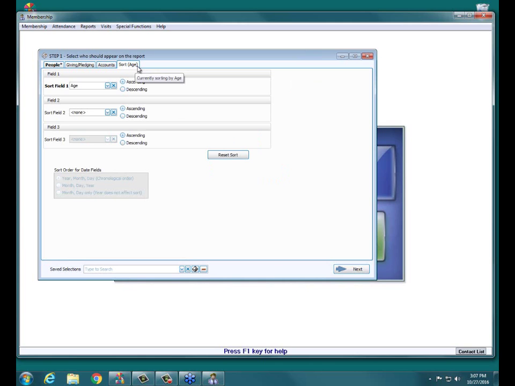But I do want to point out the sort tab in the upper left-hand corner. This is the order in which all of your records are going to appear when you print your report. So you'll see here in the upper left-hand corner where it says sort field 1, if I click on my down arrow, you can sort by anything from your membership module. Common ones would be